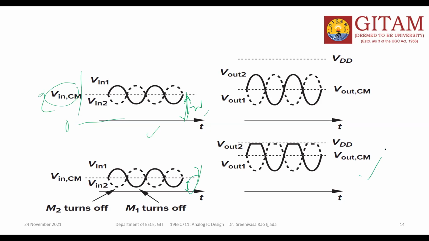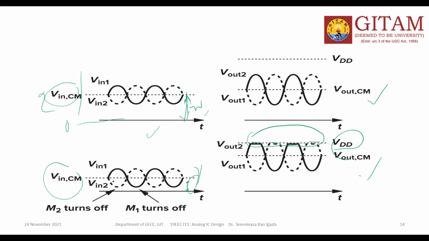If you verify this output, what happens? Whenever the input common mode value is less than the previous one, the previous output is this one. Now your output shows some portion of the signal at both the nodes fixed at a constant VDD value. Clear? So this may happen. That is the importance of the VCS.